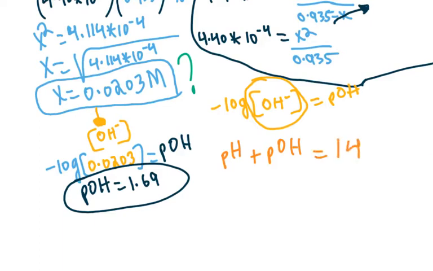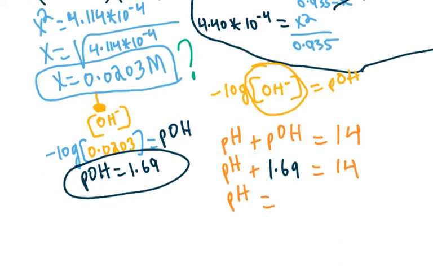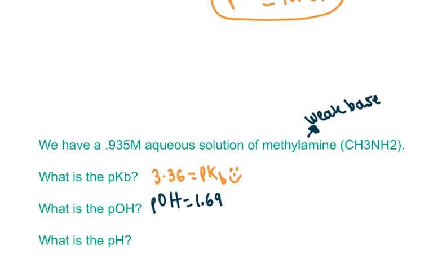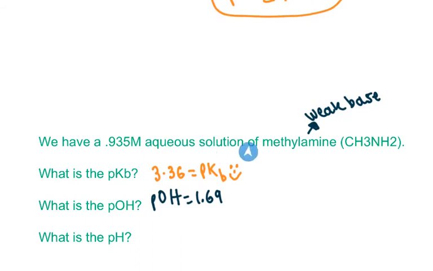Well, we just found the pOH, so the pH plus 1.69 equals 14, right? So that means the pH is going to equal about 12.31. All right, and that's our answer for what is the pH of our 0.935 molar aqueous solution of methylamine, which is a weak base, and the answer we got was